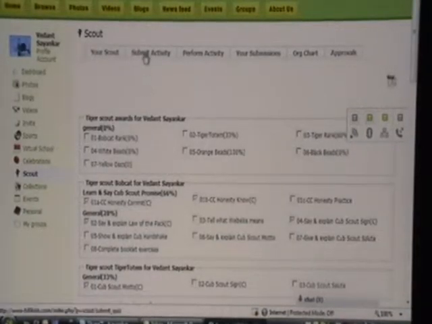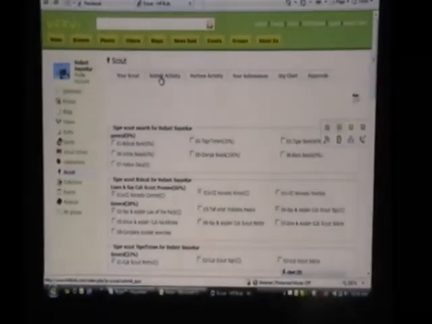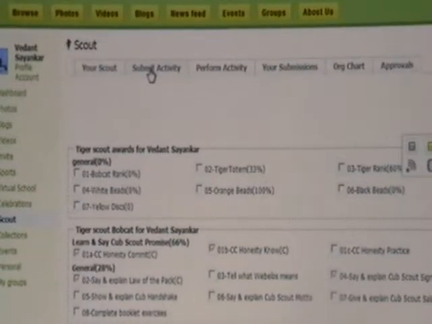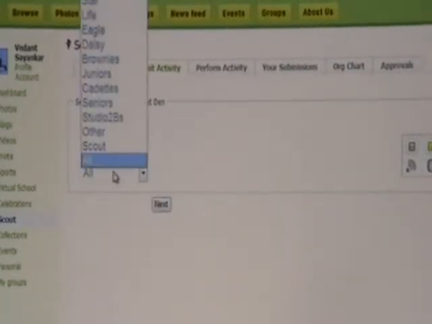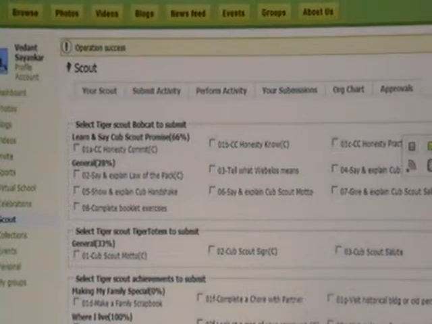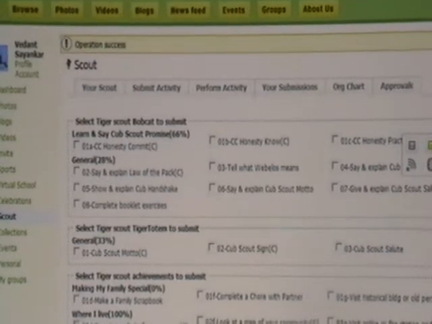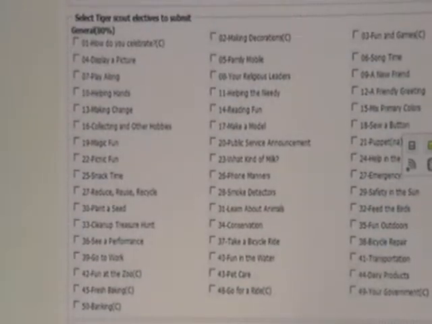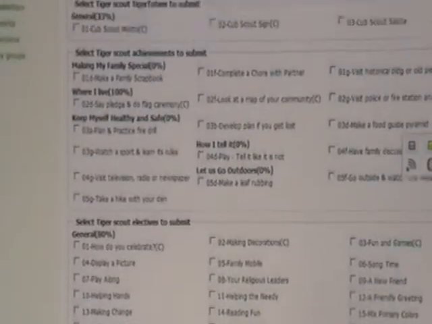Now let me show you how to submit the activities. This is a self-sustained system. Hi-Fi Kids basically encourages all the scout members, den leaders or pack leaders to volunteer and submit the activities for the respective den. Let's say I select the tiger den here, right? And from this form, you can make out whether the activity is really entered there or not. For example, all these activities are present in some way, like some sample activities probably are present, right?